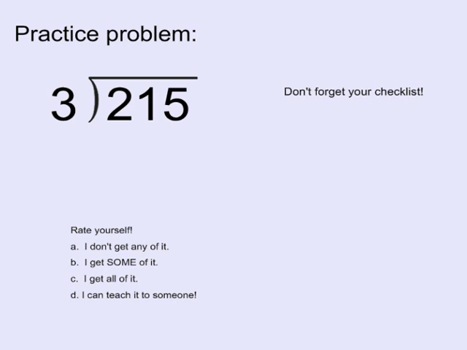If you are, then you can go ahead and circle that on your paper. If you get some of it, circle some of it. If you don't get any of it, please circle I don't get any of it. But if you could teach it to someone else,